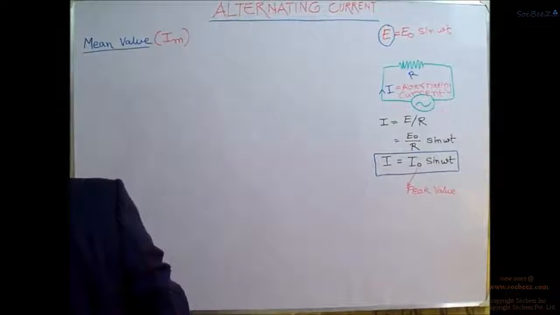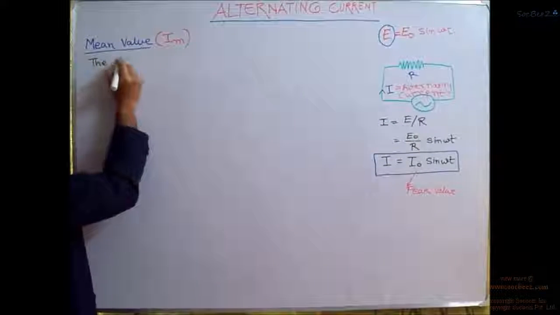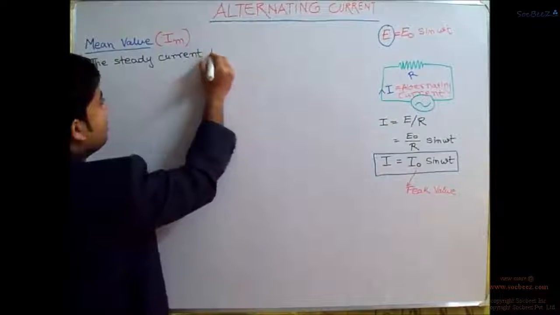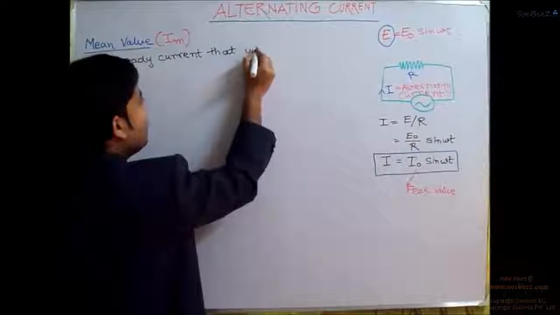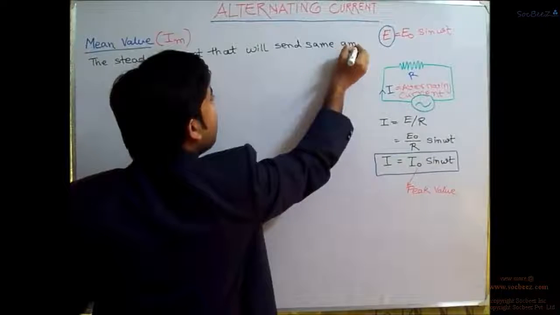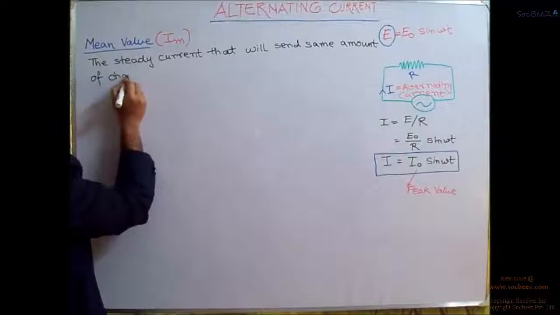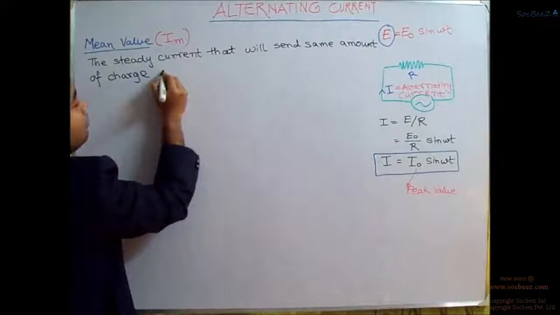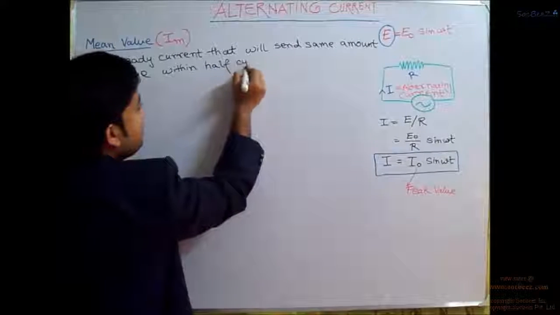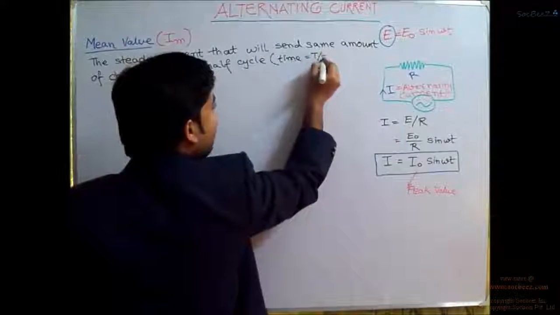So it may be defined as the steady current that will send the same amount of charge within half cycle, which means over here the time is equal to T divided by 2,